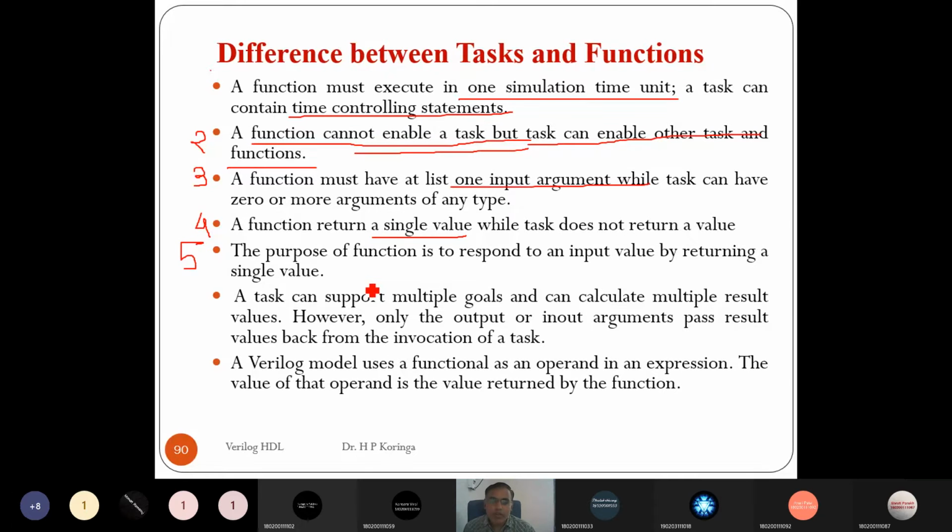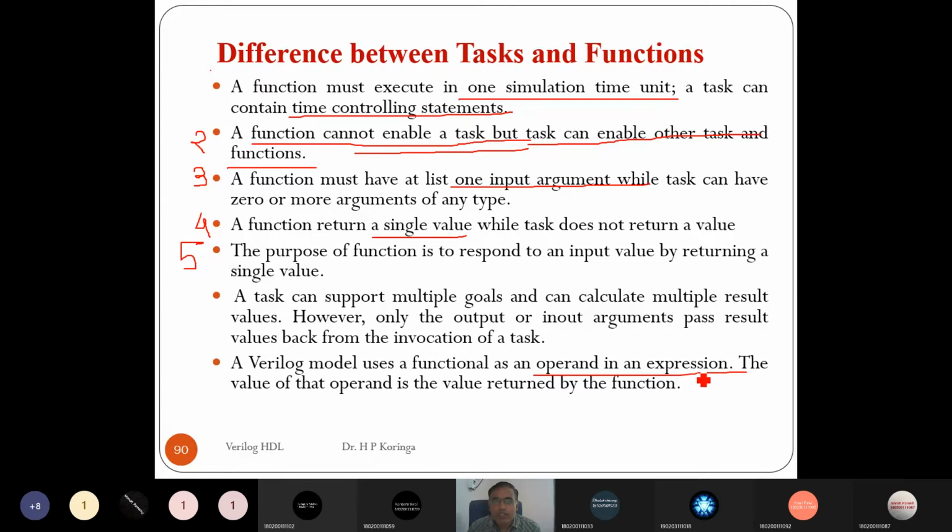However, only the output or in-out arguments pass the result value back from the invocation of a task. Right. So only the output and in-out variables in the task can pass the value to the main program. A Verilog model uses a function as an operand in expressions. So a function can be used as an operand, right? We can assign the function to some variable: x is equal to function of y.